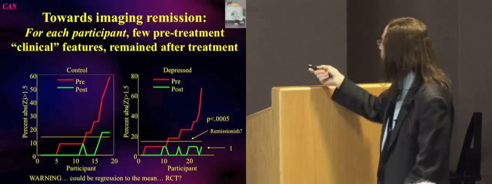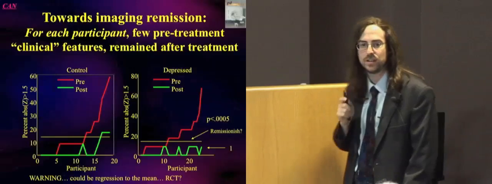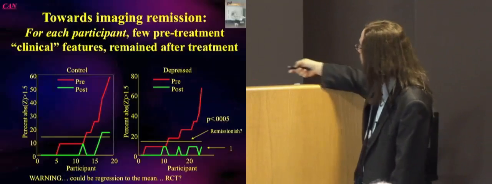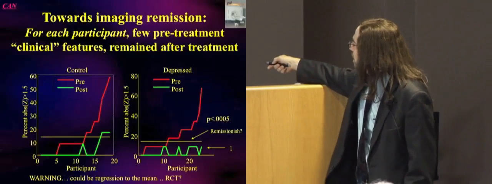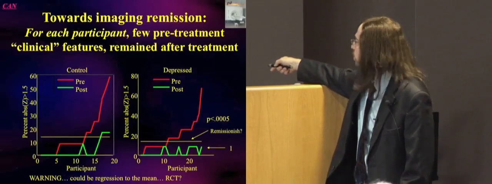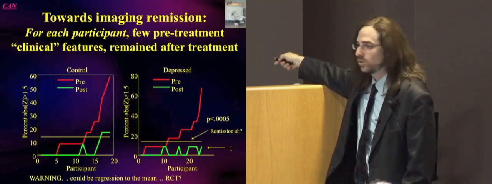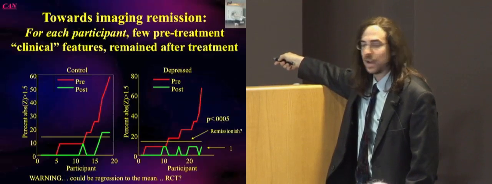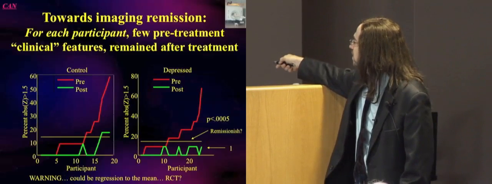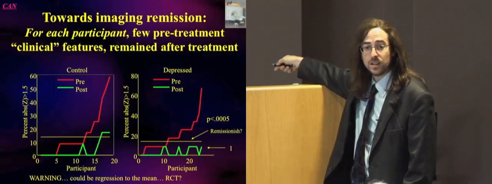So I can say things like, for every participant, and this was something that Dr. Greenfield did a lot of. He showed the data from every participant and what happened. So let's try it. 10 of my participants didn't have critical levels of abnormalities to begin with, so I can't really talk about what happened to them. Of the ones who had critical abnormalities, how many of those were preserved after treatment? Less than I would expect by chance. And that's my sort of remission criteria. So maybe I